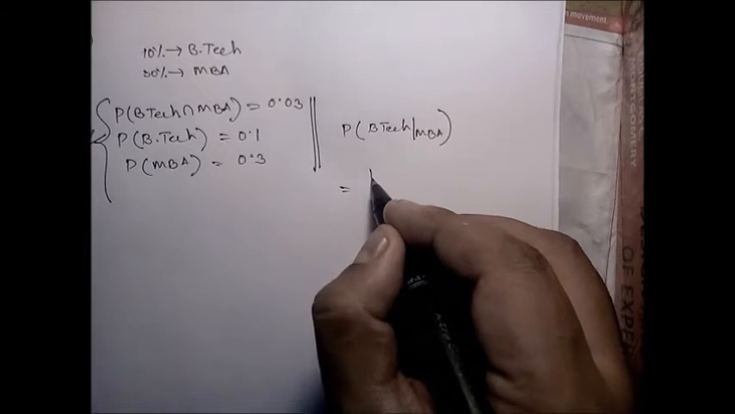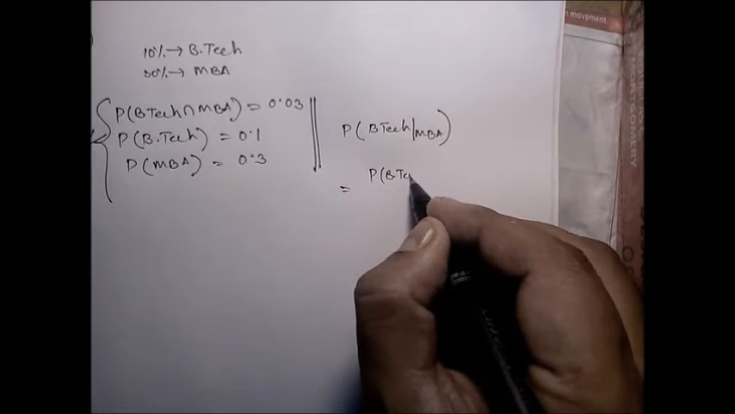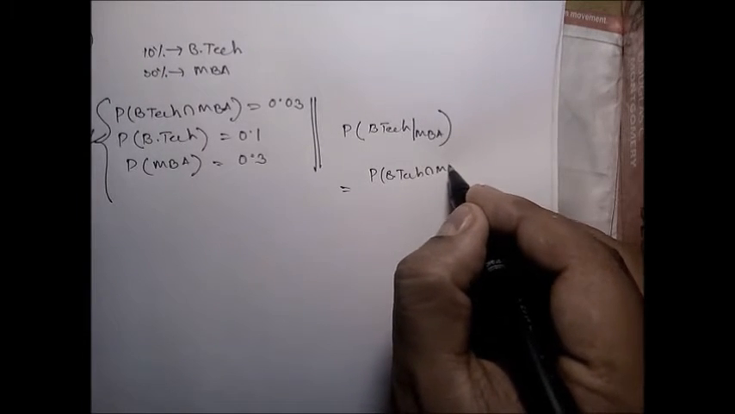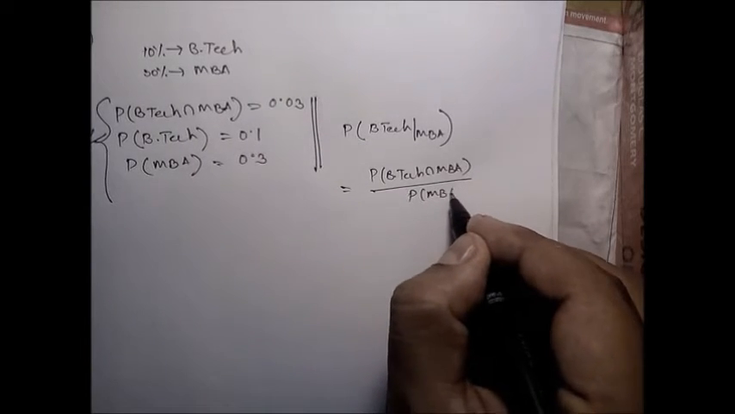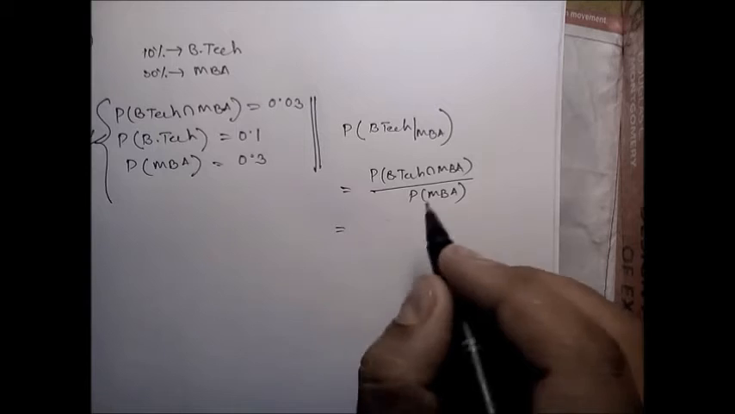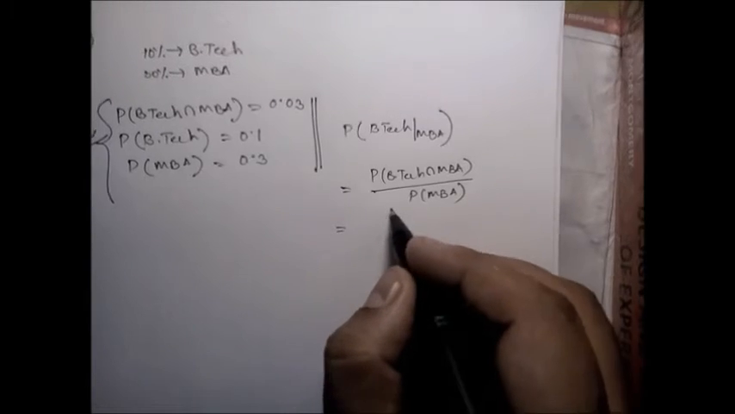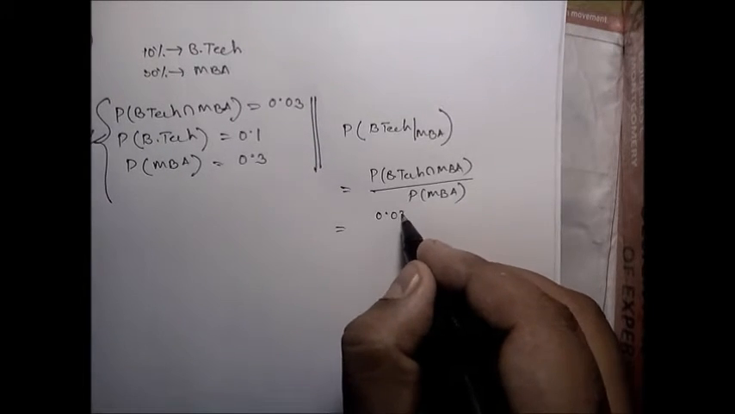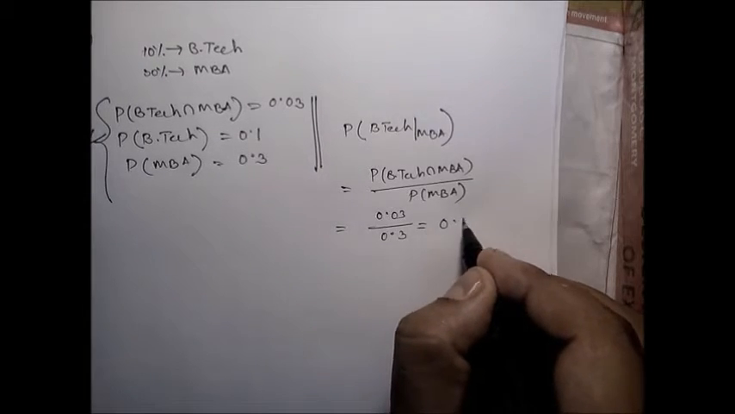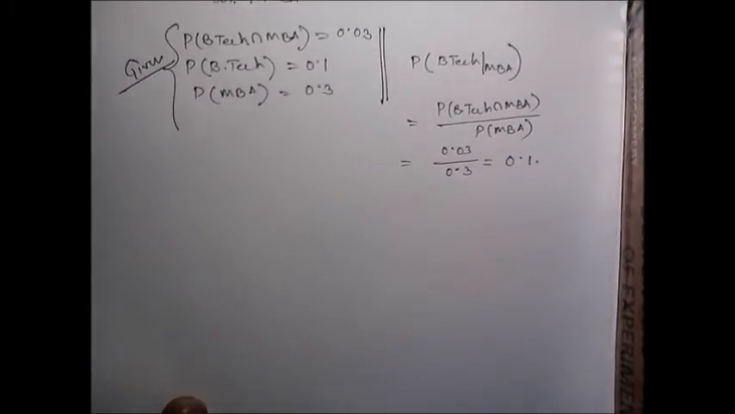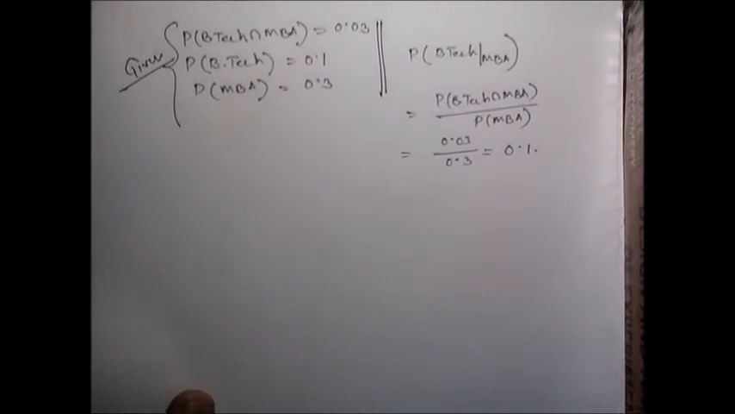Okay, so conditional probability. So probability of BTech intersect MBA divided by probability of MBA. Clear? So BTech intersection MBA is nothing but 0.03, and probability of MBA is 0.3. The answer is 0.1. Clear? Next,